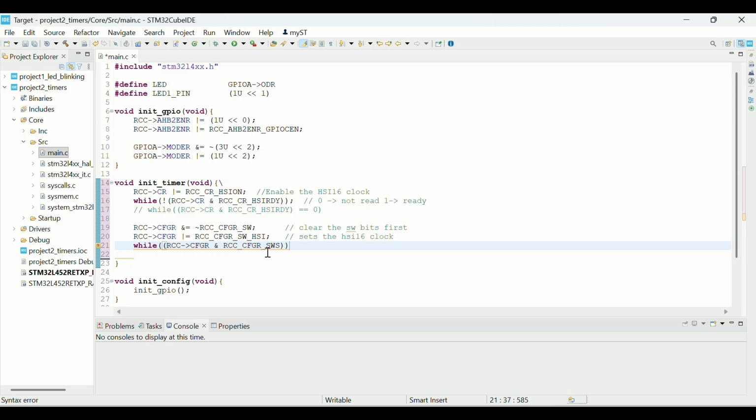This operation will check the present state of that SWS bit, and that should not be equal to